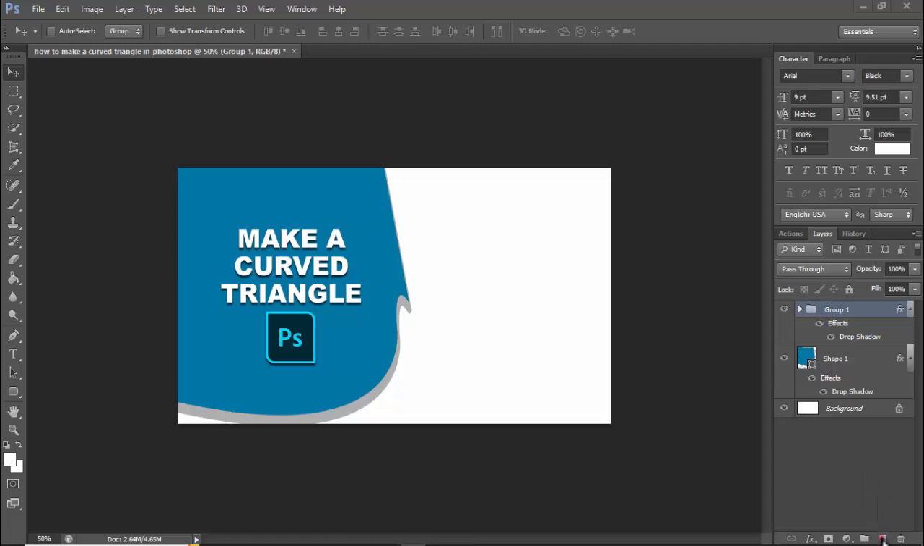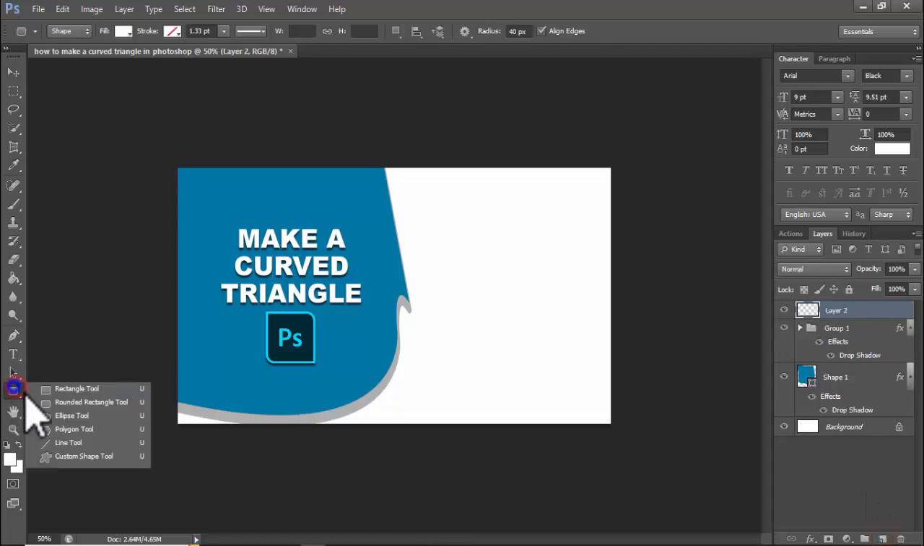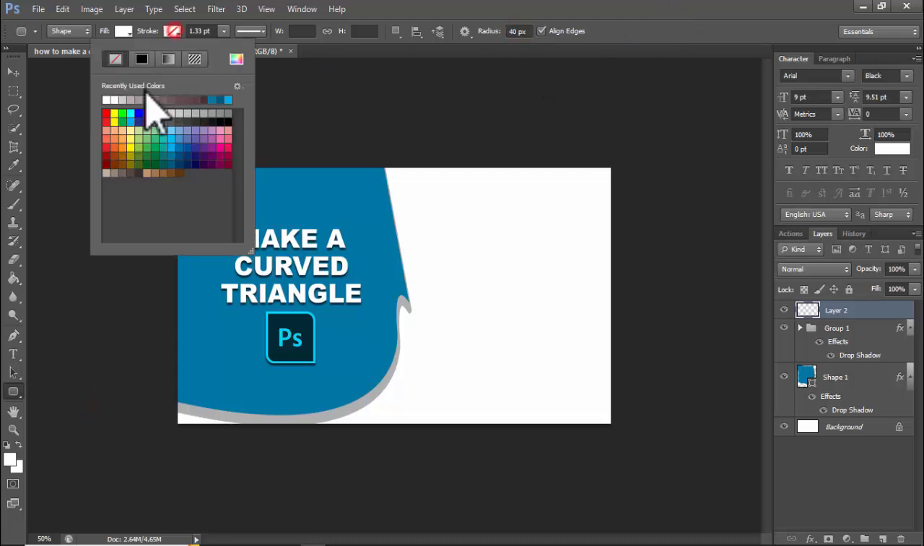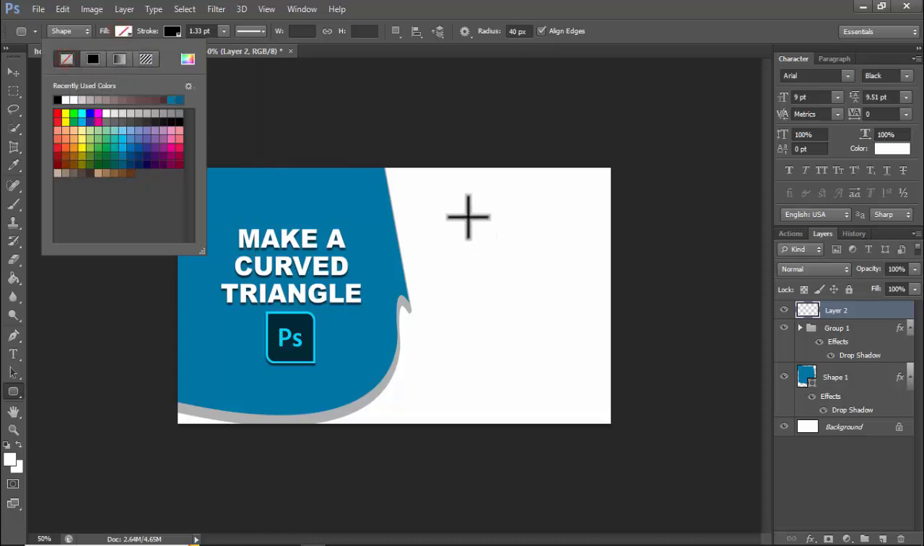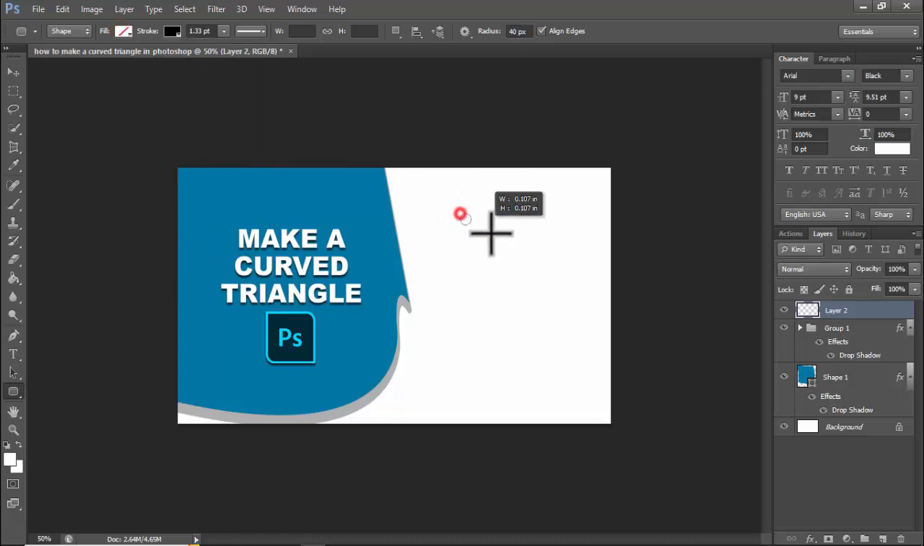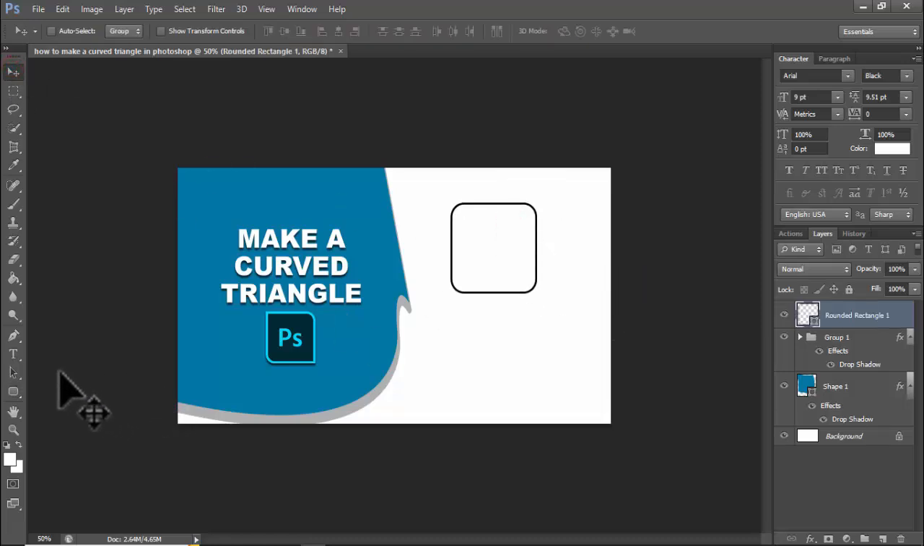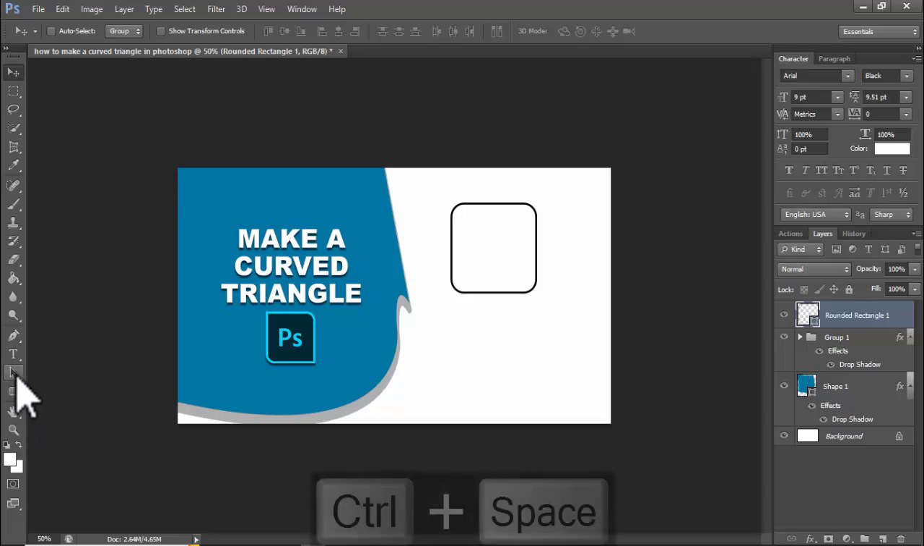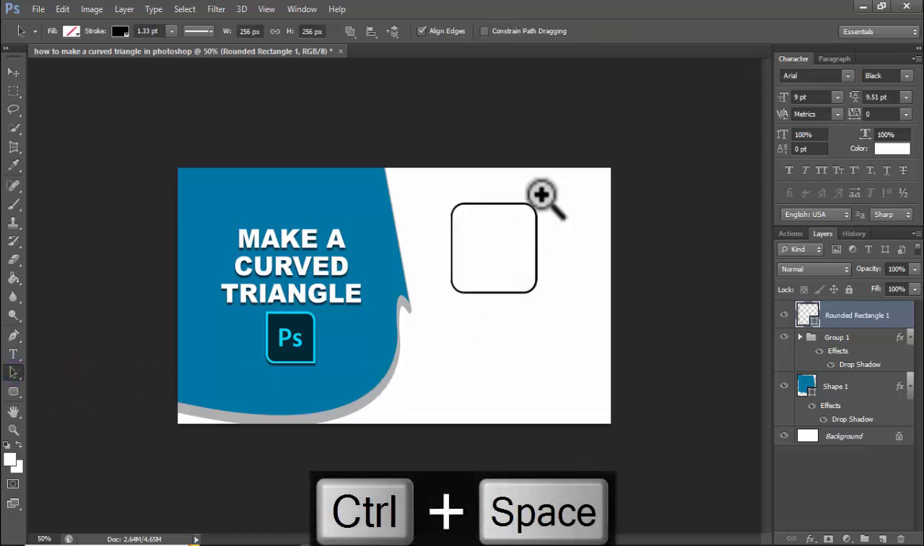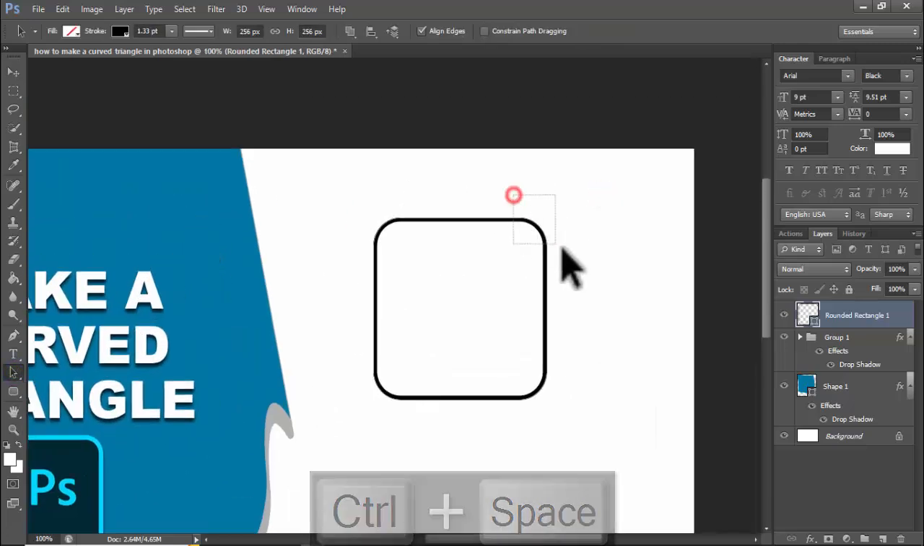Let's get started. Create a new layer and first of all use a rounded rectangle and use 14px. Only stroke. Do not use fill. Okay, then hold shift, click this path selection and click draw